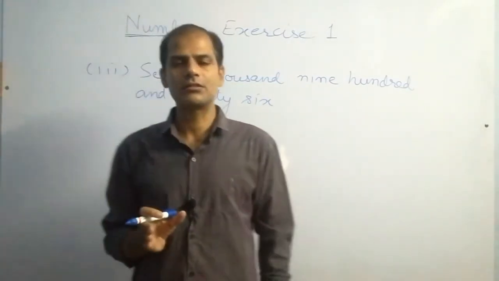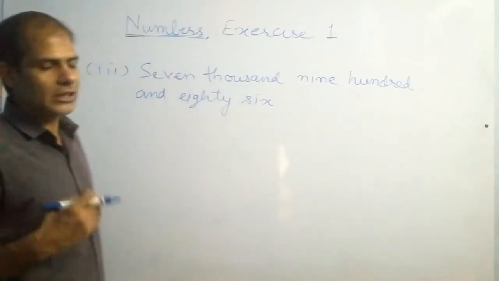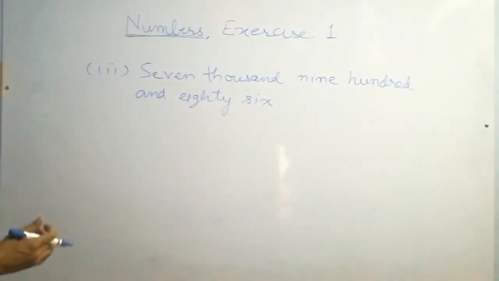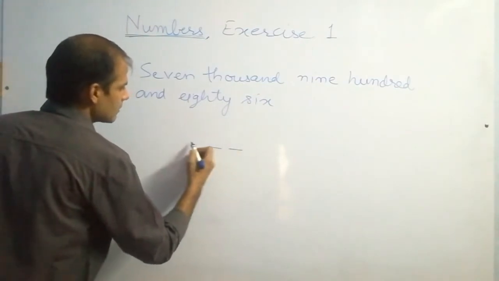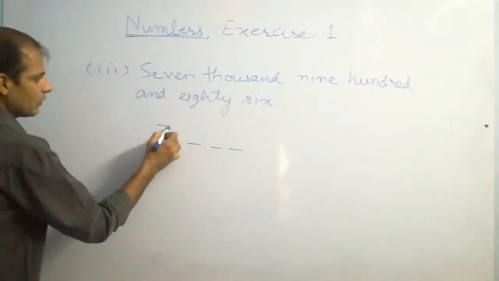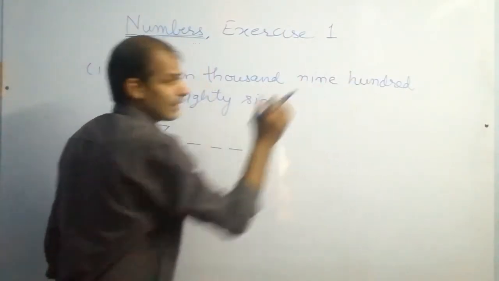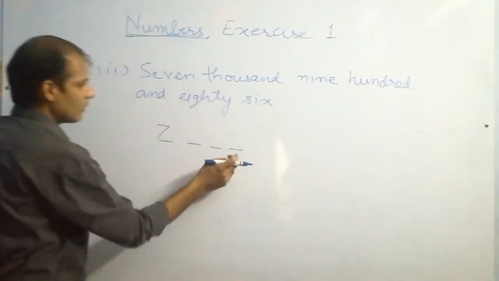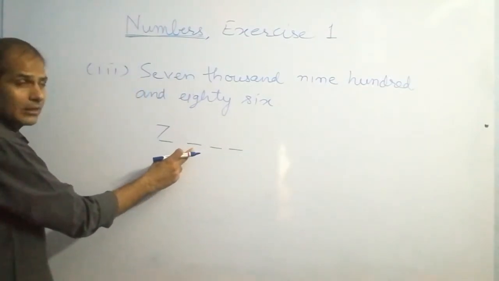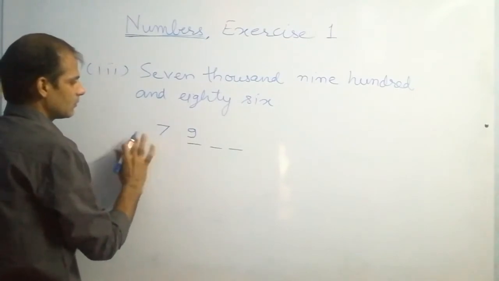वंस, टेंस, हंड्रेड्स, थाउजेंड्स, 10,000. तो इस तरह से जब हम पोजीशन काउंट करते हैं तो 1000 के आगे कुछ नहीं है. सो वंस, टेंस, हंड्रेड्स, थाउजेंड्स, it is 7000. So you will write 7 here. Then after 1000 it is 900. 100 means ones, tens, hundreds, and how many hundreds? 900. So we will write 9.